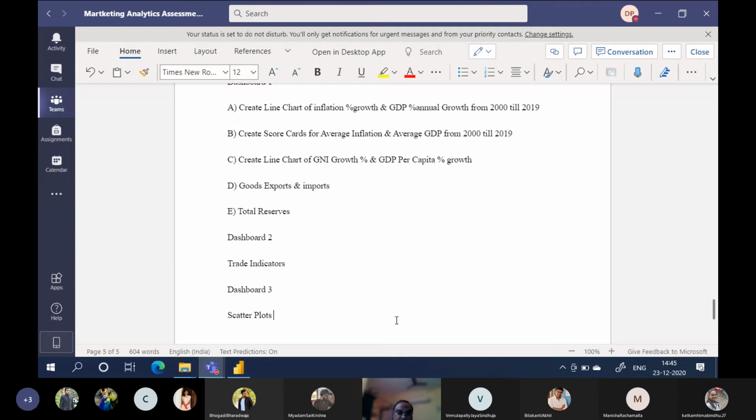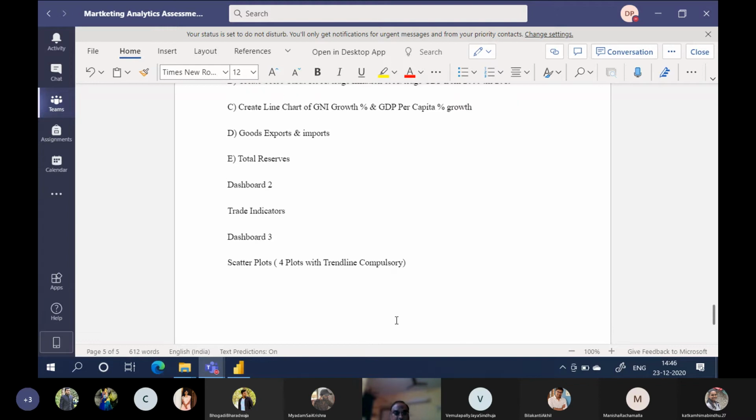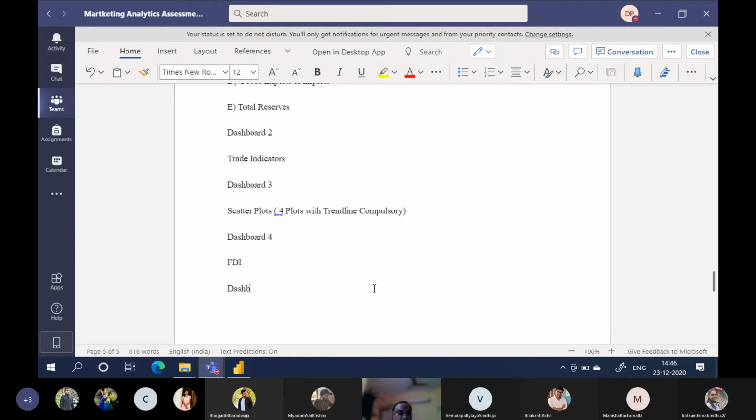There must be 4 plots with trend lines, compulsory. Okay, you understood, right, guys? Dashboard 4 is FDI. And dashboard 5.